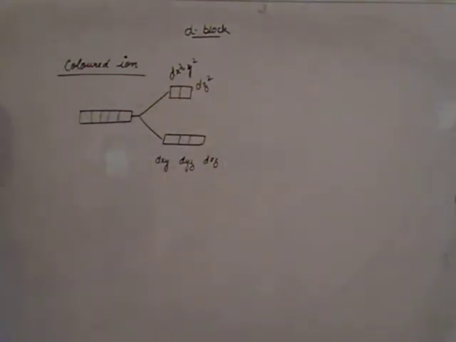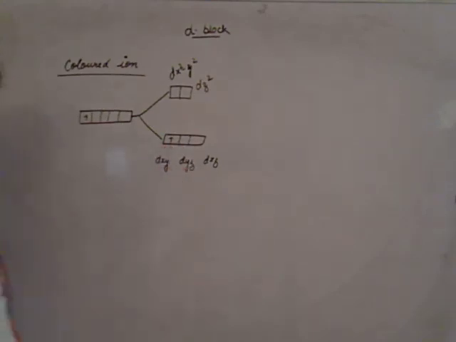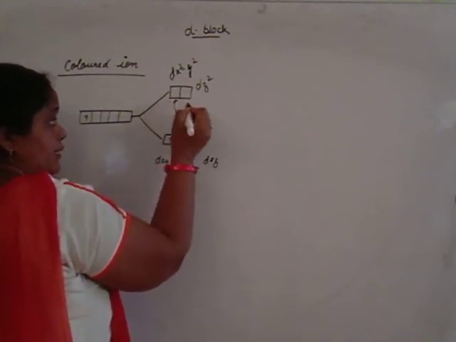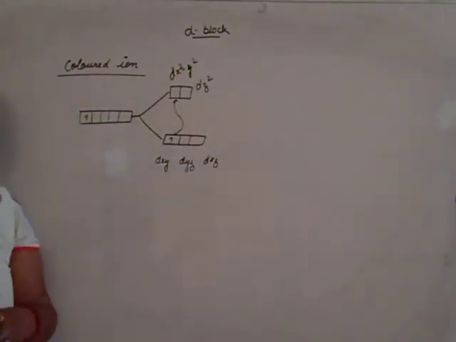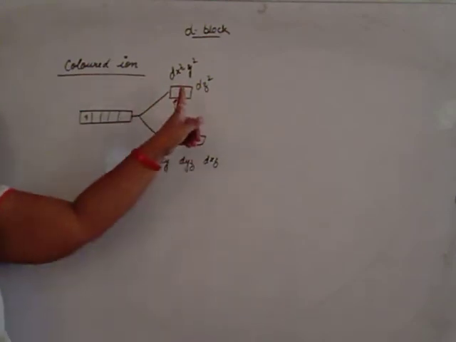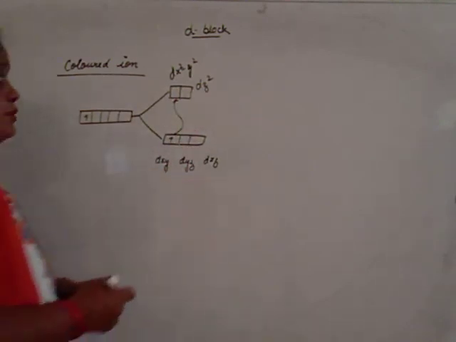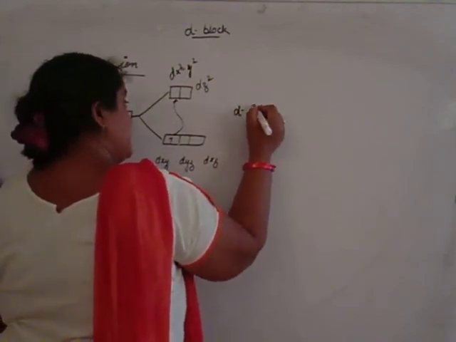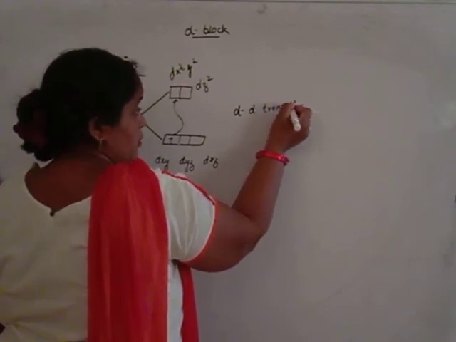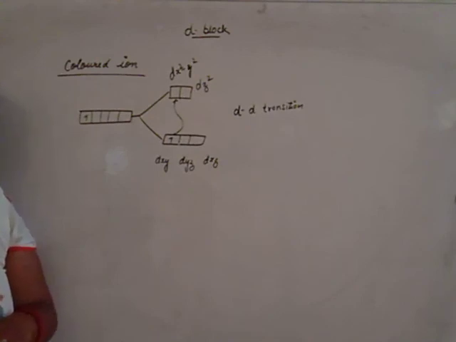These are separated out. A d electron present in the lower group can be transferred into the higher d orbital by absorbing some amount of energy. When the same amount of energy is lost, this excited d electron enters the lower d orbital. That is known as d-d transition. Due to d-d transition, all transition elements or d block elements form colored ions.